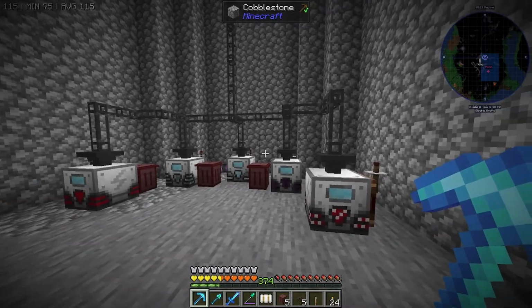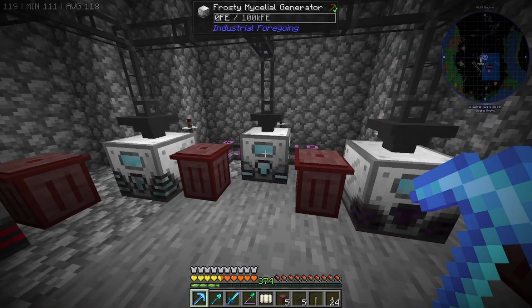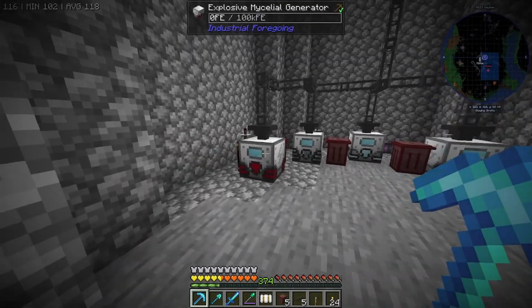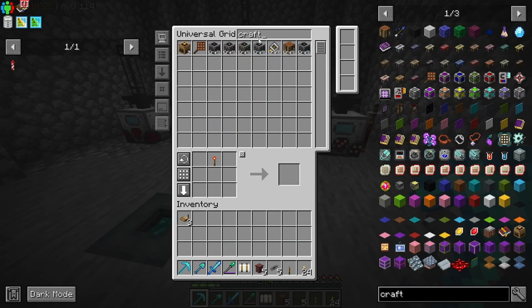So we also need crafting cards. I don't know if we need crafting cards for all of these. This one we don't. This one we don't. This one we don't. This one we might need a crafting card. So two. Let's craft. Not called cards, they're called upgrades in Refined Storage. Now again,